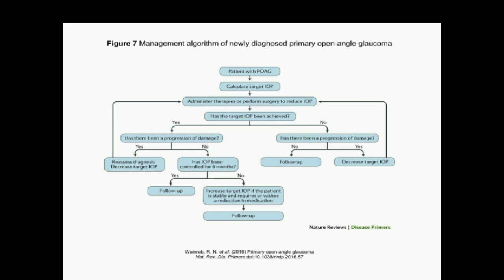If the target pressure is not reached, then either you change the medication or add another medication to this. Again, the same patient is followed and seen if intraocular pressure has reached its target pressure or not. If not, then again you change the treatment, and if it is, then you follow up the patient, see after 6 months and again measure the visual field. If the visual field shows no further deterioration, you continue the patient on the same treatment. If the visual field is deteriorating, you change the treatment modalities.